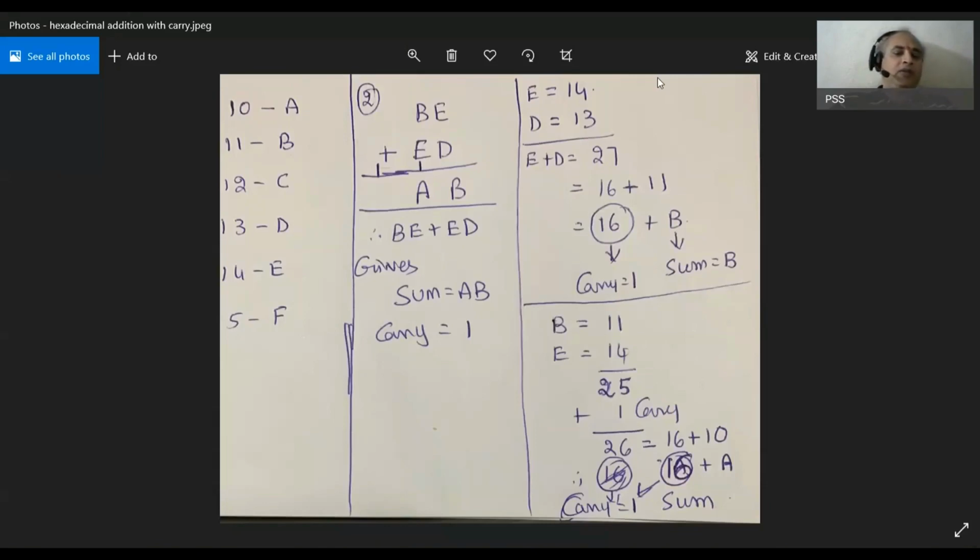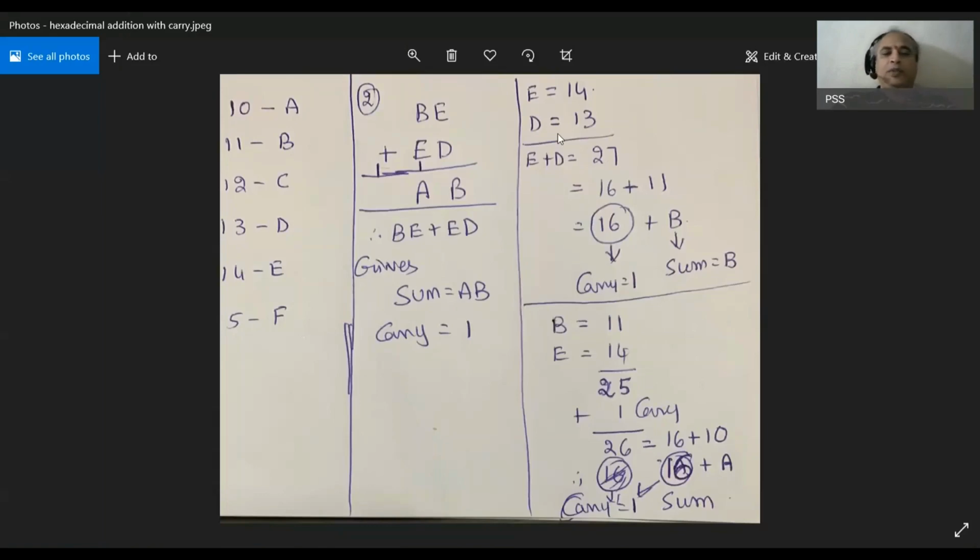You will get the value of 27. You could see it on the screen here. This 27 could be written as 16 plus 11, and this 11 has an equivalent value of B. So the sum is given by B and you have a carry. So finally when you add E with D, we have the sum B having a carry of 1.